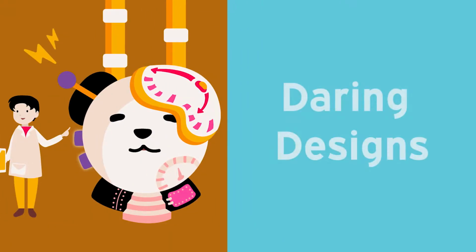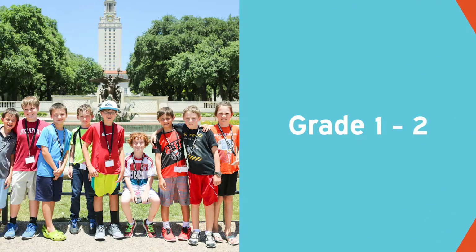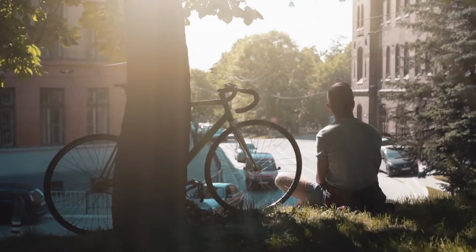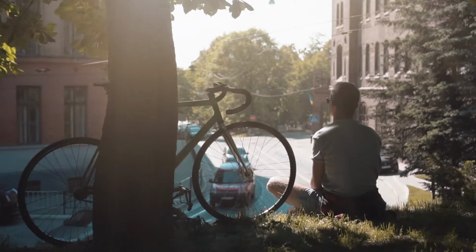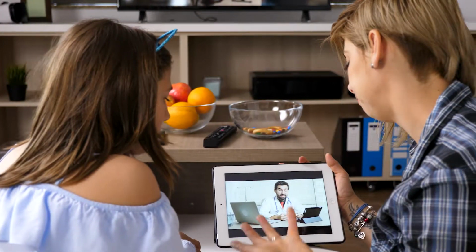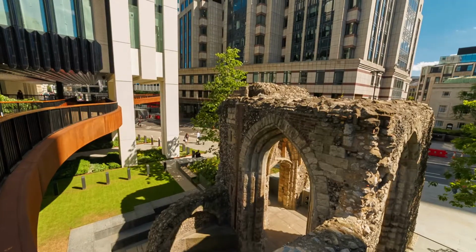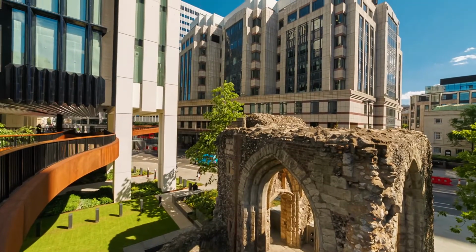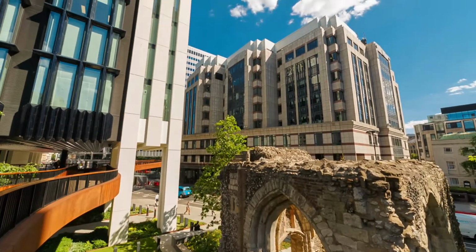Welcome to Daring Designs. Daring Designs is a Digital Media Academy Certified Schools Flex Learning course created for students in grades 1 and 2. In Daring Designs, students will examine the ways in which key elements of modern life have changed over time. By looking at transportation, communication, houses, and homes, students will have a window into the way design both responds to how we live and shapes how we live.